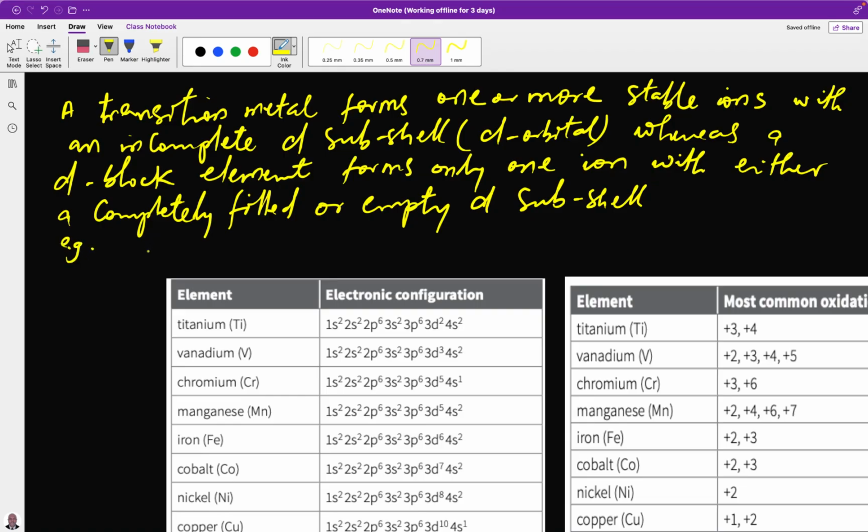An example of the D block elements I can talk of, e.g. scandium and zinc, are D block elements. They are not transition metals. Let me use scandium. Scandium has an electronic configuration of argon with 3d1, then 4s2. And when scandium forms an ion,